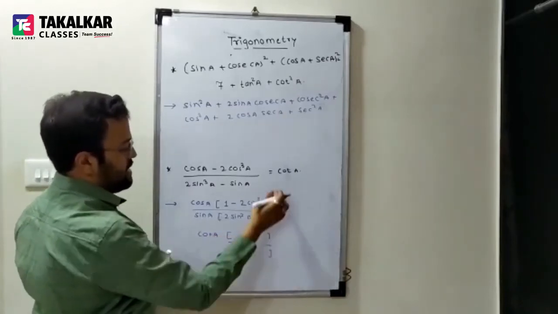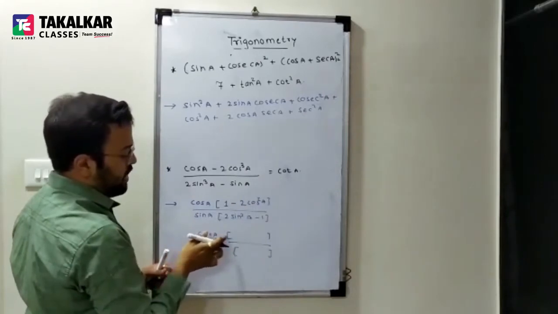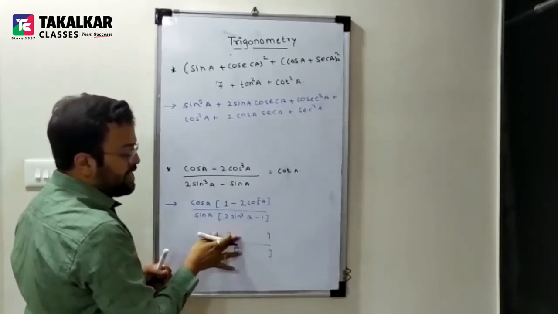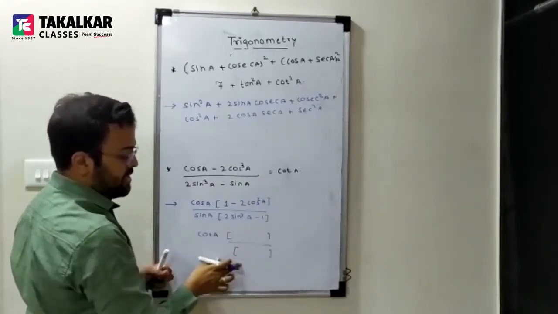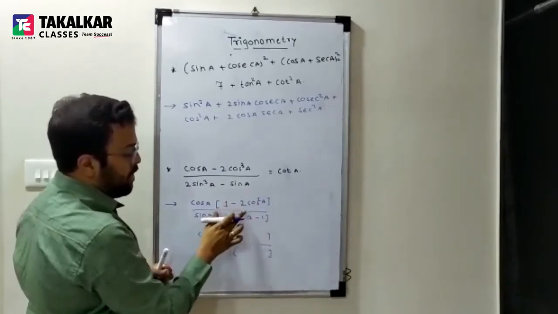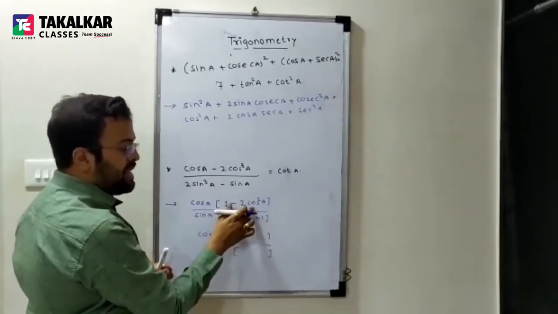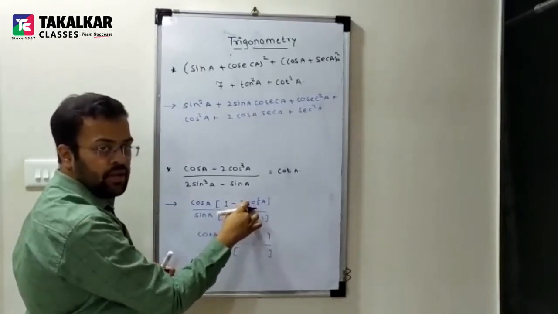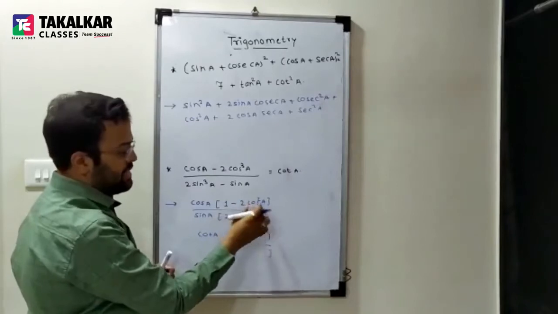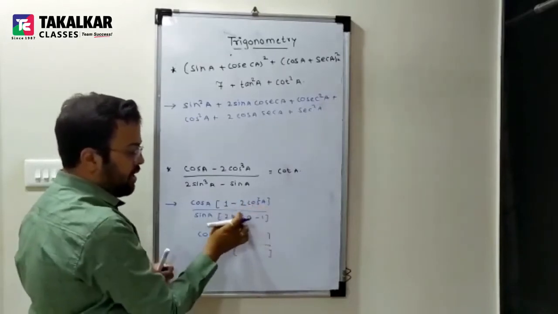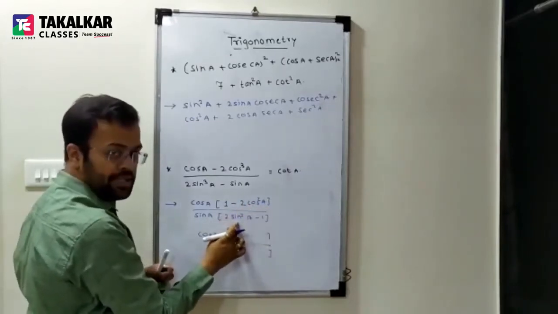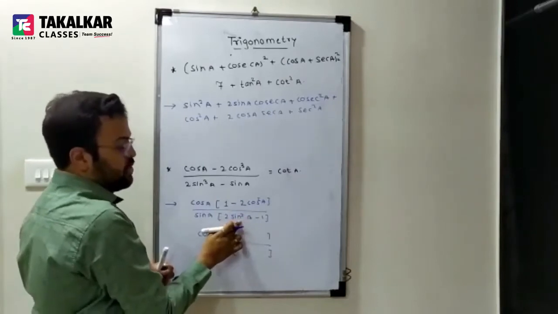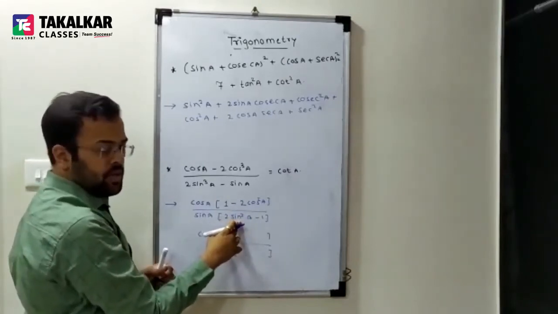Now look at your RHS. You want only cot a, you don't want this bracket. So make this two brackets same, so they will get cancelled. Same करने के लिए यहाँ पे cos a, यहाँ पे sin a. So convert this cos square in terms of sin square. Do you know how to convert cos square? Cos square का वैल्यू क्या आएगा? 1 minus sin square. और convert this sin square in terms of cos square. Convert this. So sin square का value 1 minus cos square.